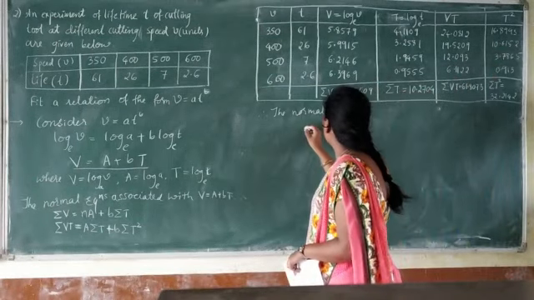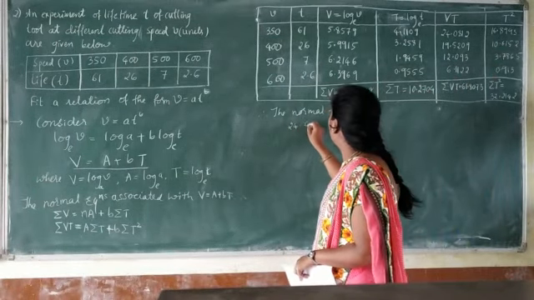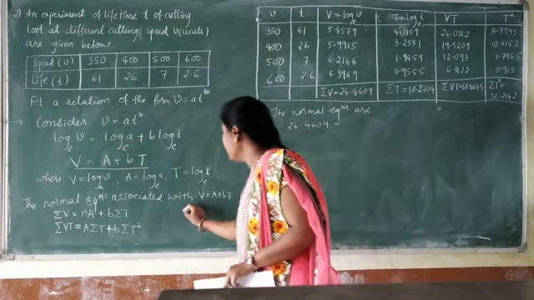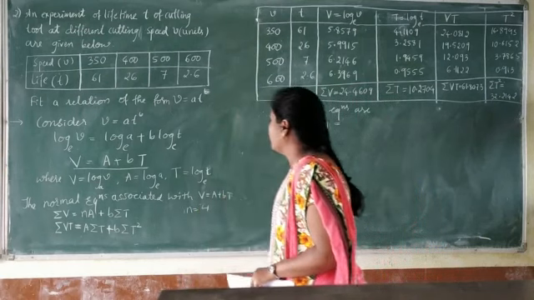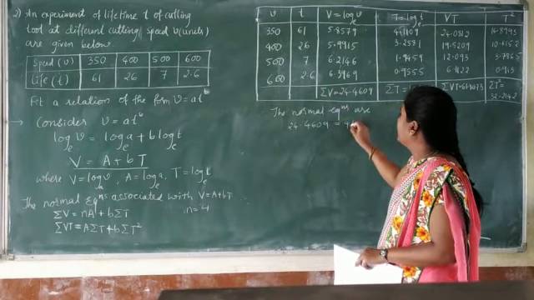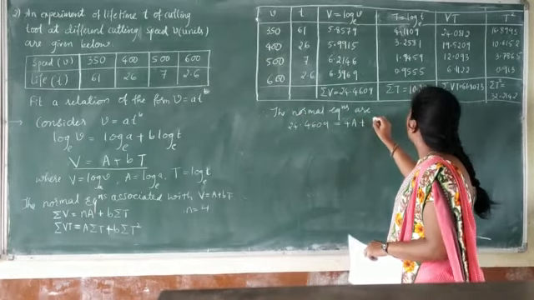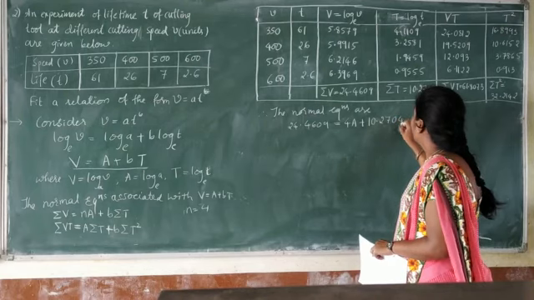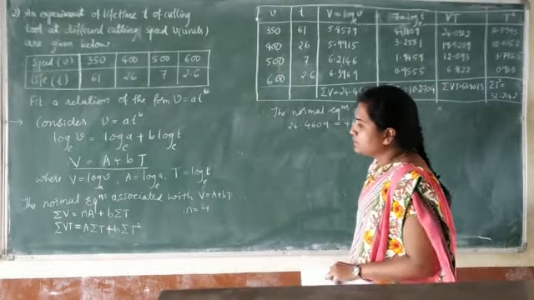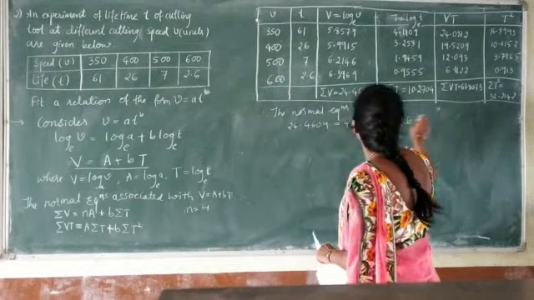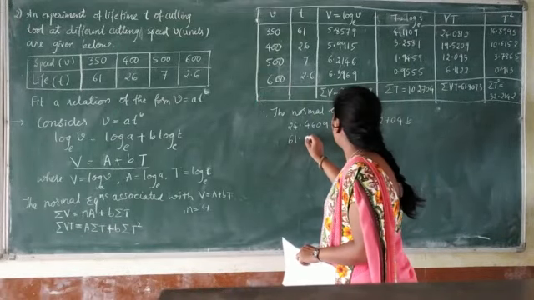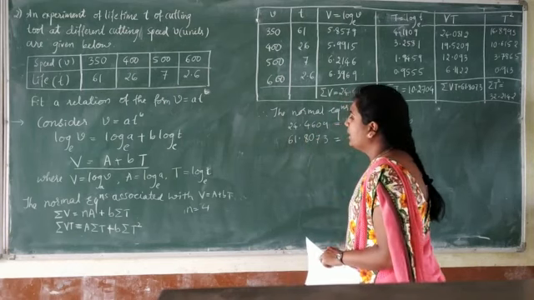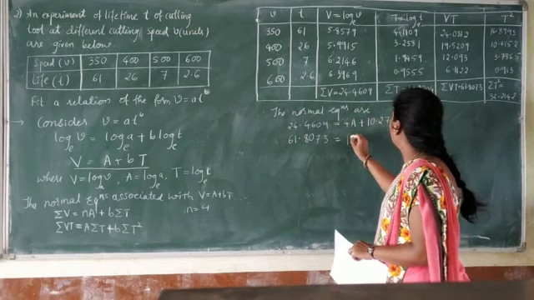First one, summation of V. Summation of V is 24.4609 equals to NA, where N is equals to how much here? N is equals to 4. 4A plus summation T, that is 10.2704B. Next, summation of VT. Summation of VT is 61.8073. This equals to A into summation T, that is